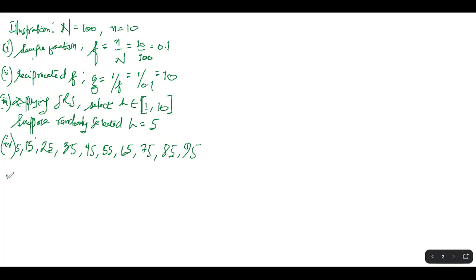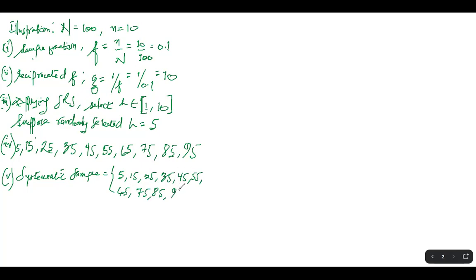So the final systematic sample is the members 5, 15, 25, 35, 45, 55, 65, 75, 85, 95. So meaning that if I am selecting 10 students, students with these numbers, assuming